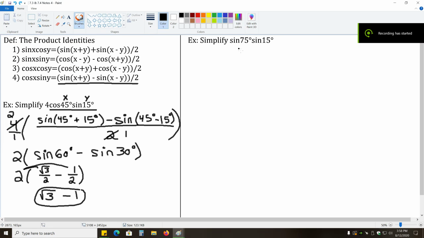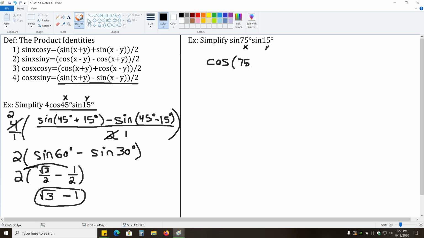So go ahead and try this problem. See if you can't figure out sine of 75 degrees times sine of 15 degrees. Okay, so for this one, we have sine of x times sine of y matches up with sine of 75 times sine of 15. So our x is 75, our y is 15, which gives us cosine of x minus